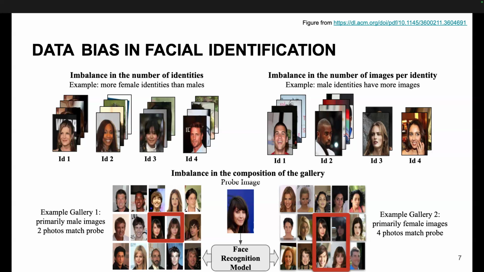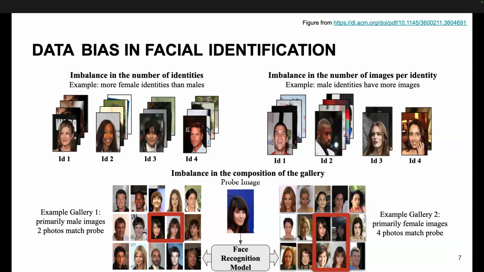The paper link is up in the upper right, where we talk about the different forms of data bias in facial identification that can cause different observations of algorithmic bias writ large. Thankfully, with data bias, you can even out these disparities. What we do in this talk is make sure that everything is balanced perfectly on the gender presentation category.